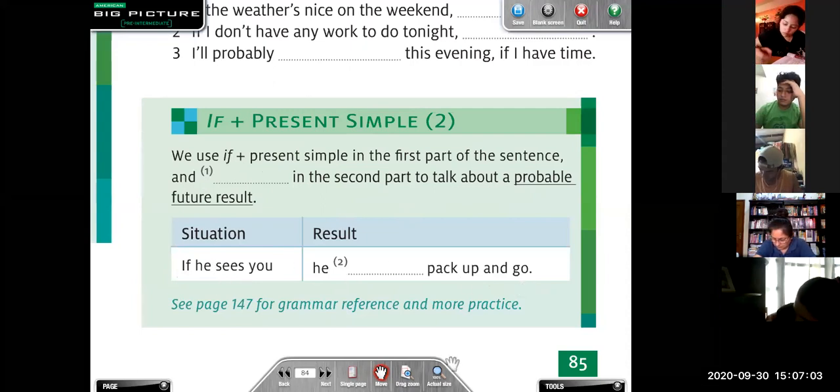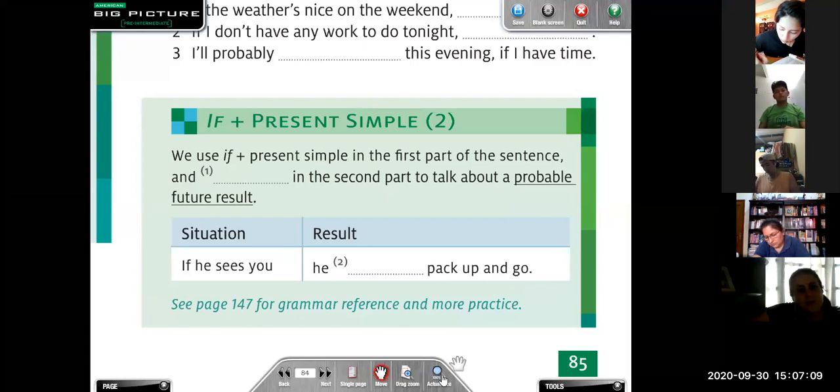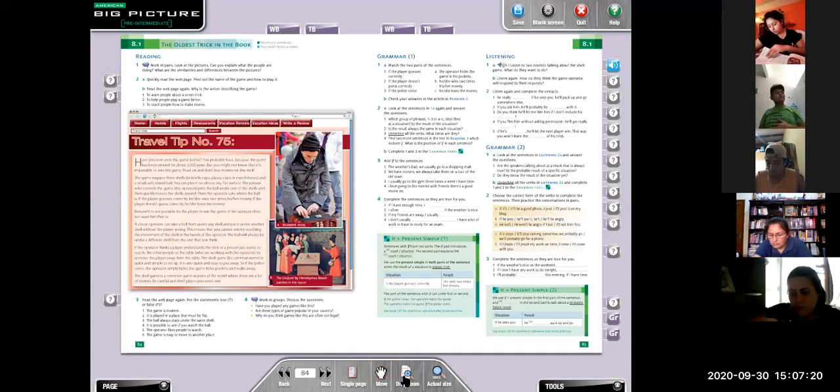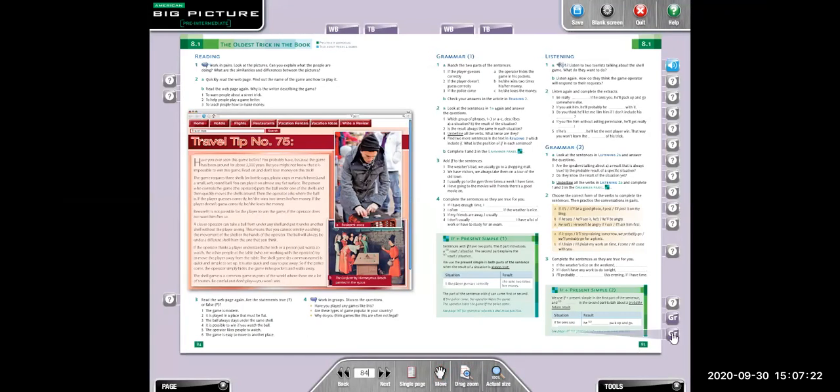Ok. Ahora sí podemos hacer el ejercicio de la página 147. Cuando lo estábamos haciendo, me di cuenta que debíamos utilizar o el zero conditional or the first conditional. Entonces vamos a corregirlo, ¿ok? Let's see.